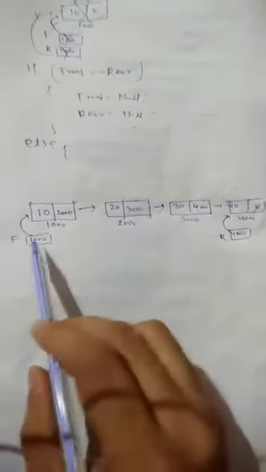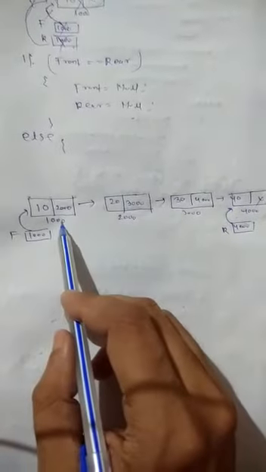Else, if it contains more than one node, here is front and here is rear. We insert at the rear end, but deletion takes place at the front end. As you know, ptr is already initialized to front and norm equal to ptr data, as we already saw in the previous steps. Then the case front equal to rear null is handled. Else, if you delete this node, then what will front be stored as.